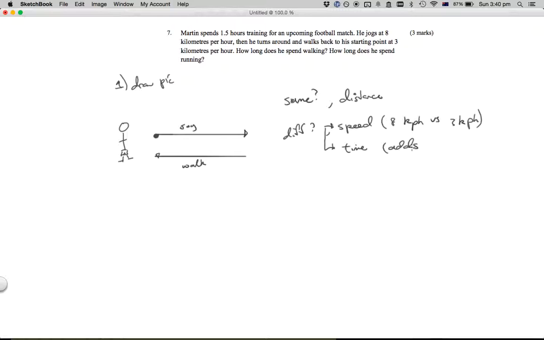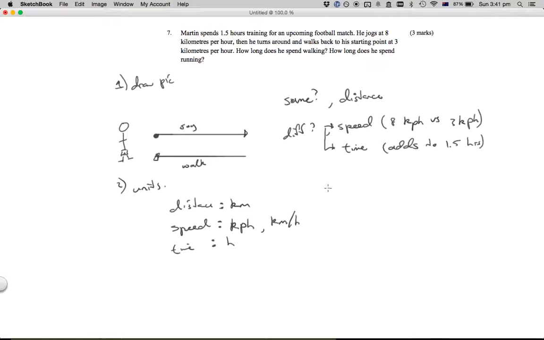But we know that adds to 1.5 hours. Okay, so we've drawn a picture. Now we can think about, I like to think about units. So distance has units of kilometers. Speed has kilometers per hour, kilometers divided by hours, and time is